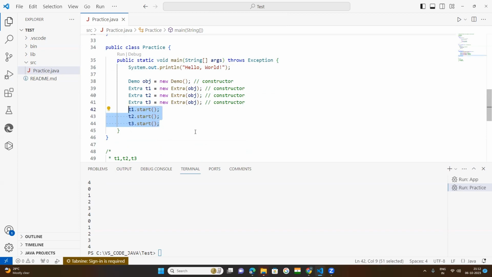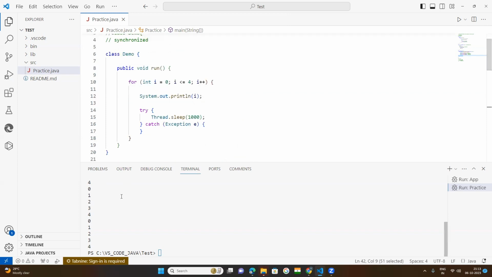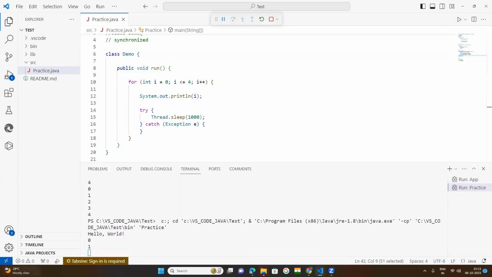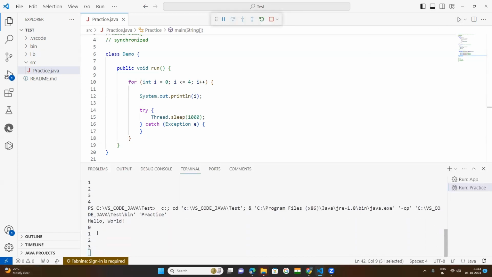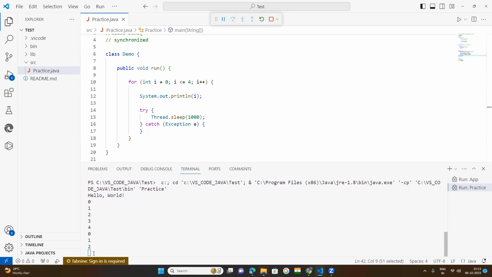Multi-threading is executed, but I told you in the initial synchronization that which thread will be executed is very difficult to predict. Here the same thing is going on for me, because once I compiled, it is printing 0 1 2 3 4. Okay, next 0 1 2 3 4,